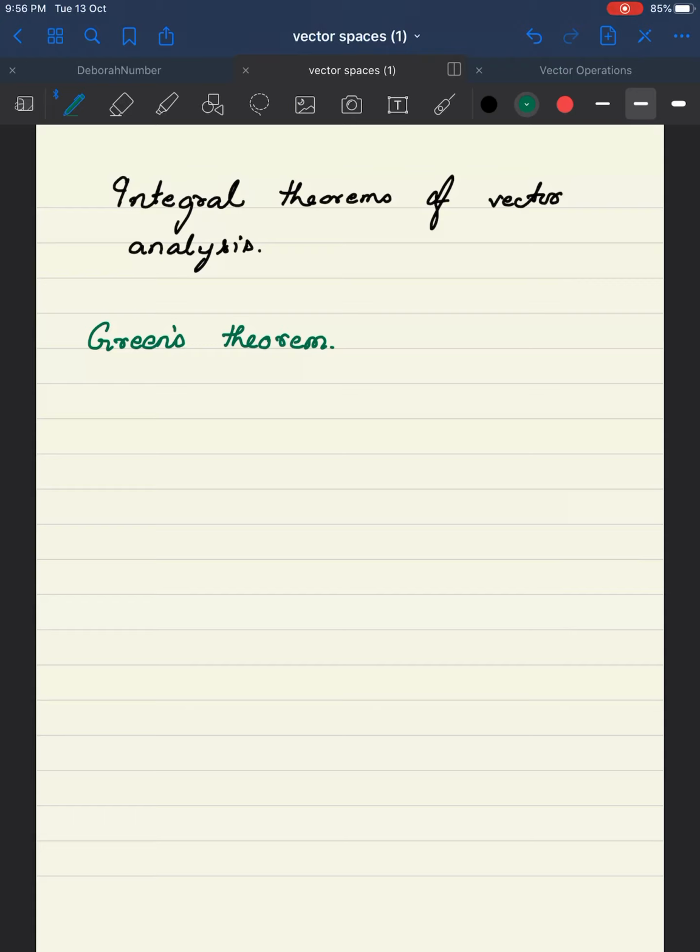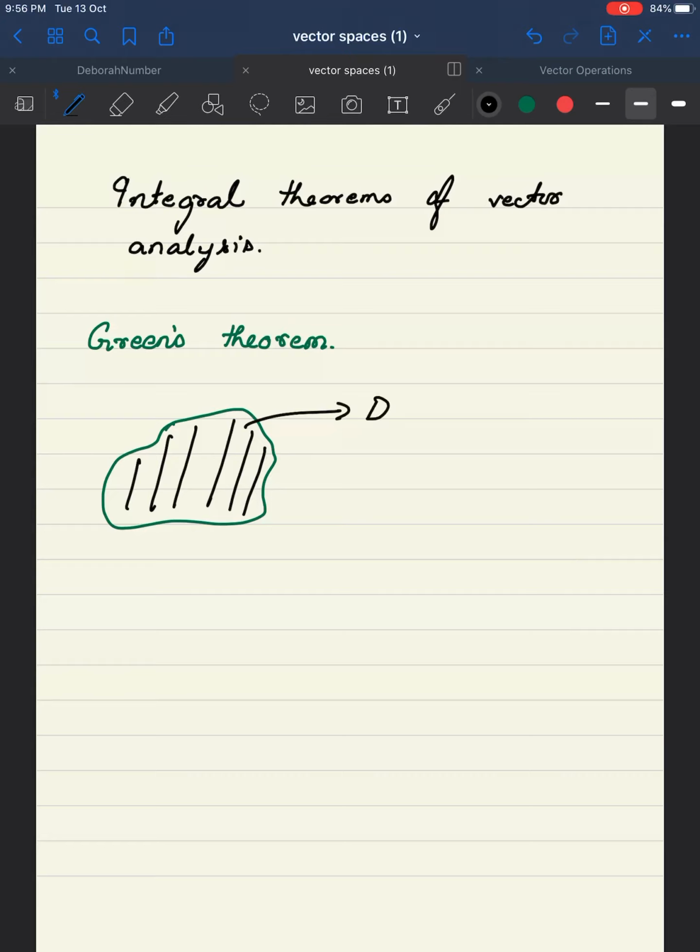And the first thing we have to understand before we dive into Green's theorem is the idea of a closed curve bounding a simple geometry or simple elementary region. So let's say you have a region and it is bounded through a curve. Okay, so this is my region, and let's say this region, we'll call it D. And for the time being, we'll call this curve C. Okay, so C is a closed curve